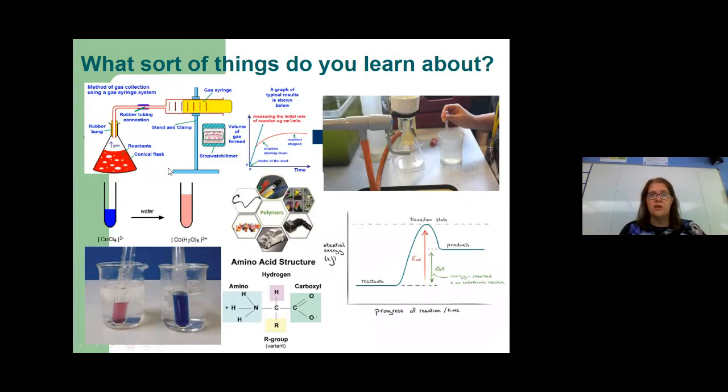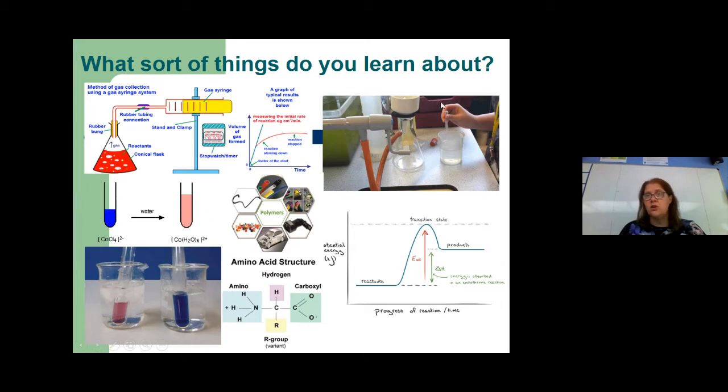Okay, some other things here that you might recognize. We look again at rates of reaction. We've also got in here some stuff about polymers, and I'll come back to that in a minute. We've got energy changes in reactions. Again, that might look familiar from GCSE, and some stuff to do with equilibria as well, so the equilibrium.